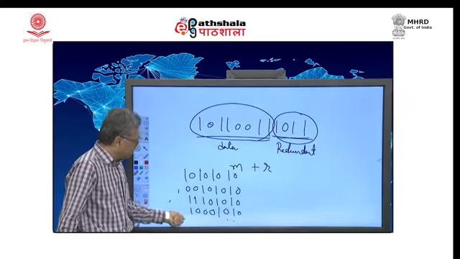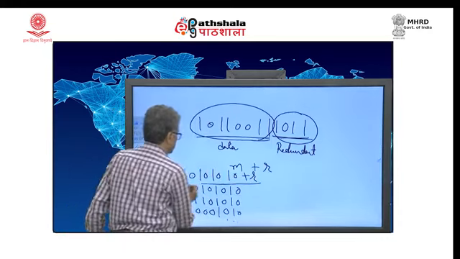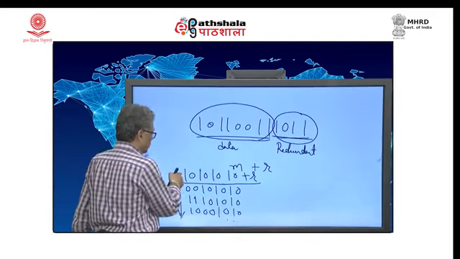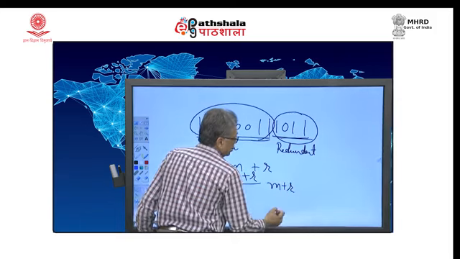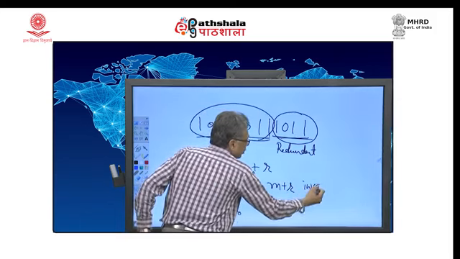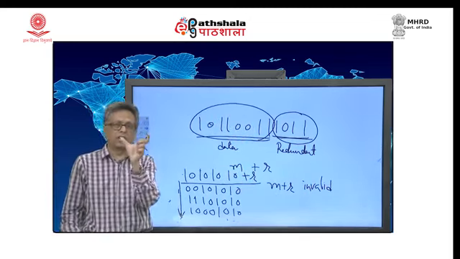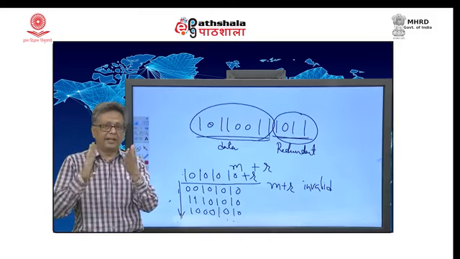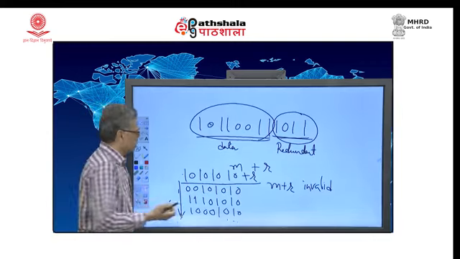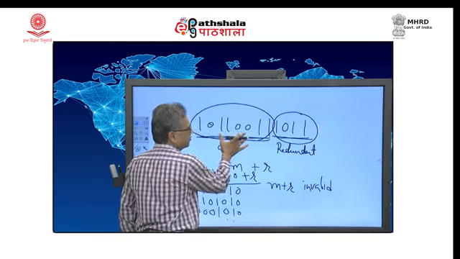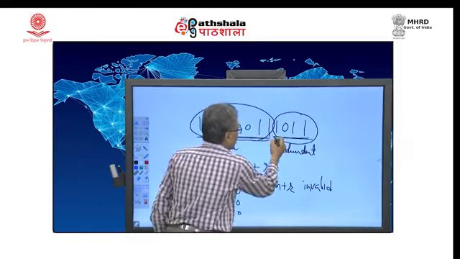Okay. How many invalid values? If it is m plus r, calculating this, for every number I need minimum m plus r invalid patterns or invalid values. For one m plus r value that I am sending, I need m plus r invalid values. Okay. So, that is one thing. How do I get those values? Remember, this is the data, I do not have choice, it is coming from the network layer. So, data I do not have any choice, this is where I have the choice.